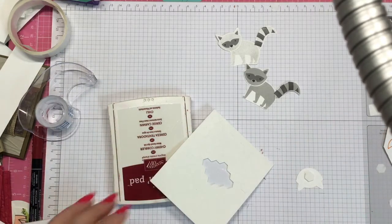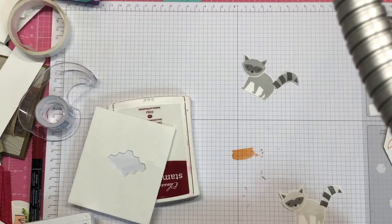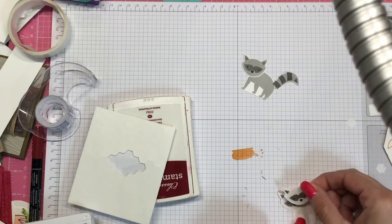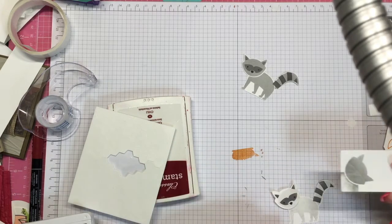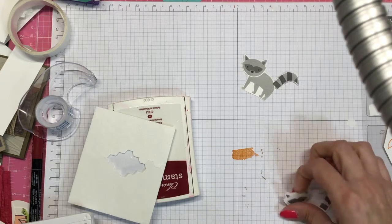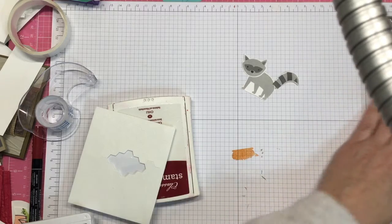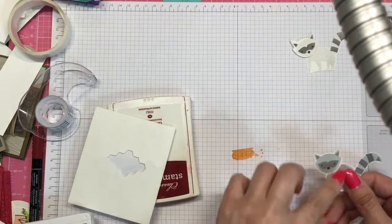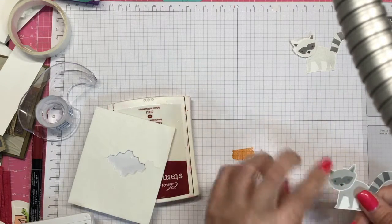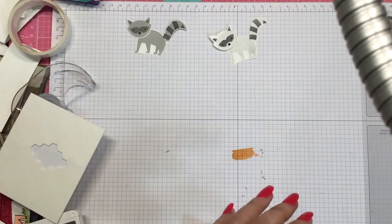Now, I could have used that other head for this other guy that I stamped originally. This one here, we could still use that head. And you don't have to pop up the head, so I mean I could just use him like that. Now I have